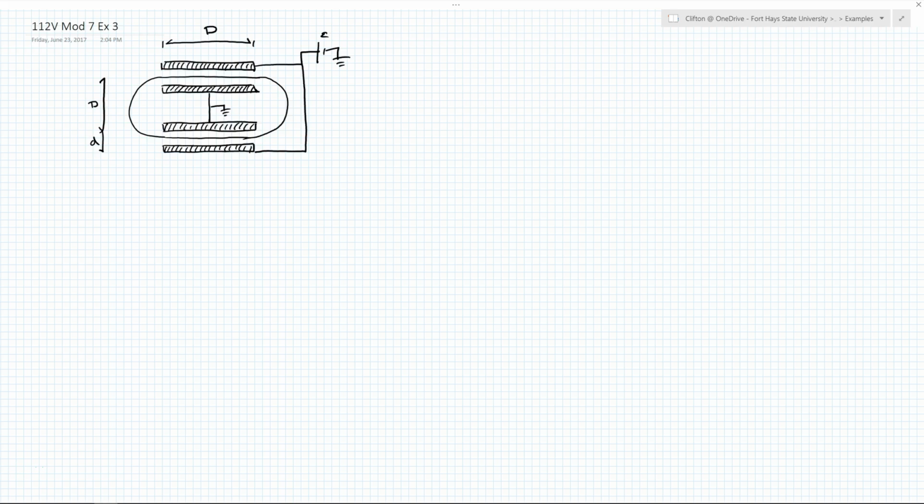Alright, so this is example 3 in Module 7. And this example is going to be a combination of the first two examples. We're going to use some of the stuff that we used in example 1 and example 2 here. So basically we have an electron that's traveling around sort of a track-shaped